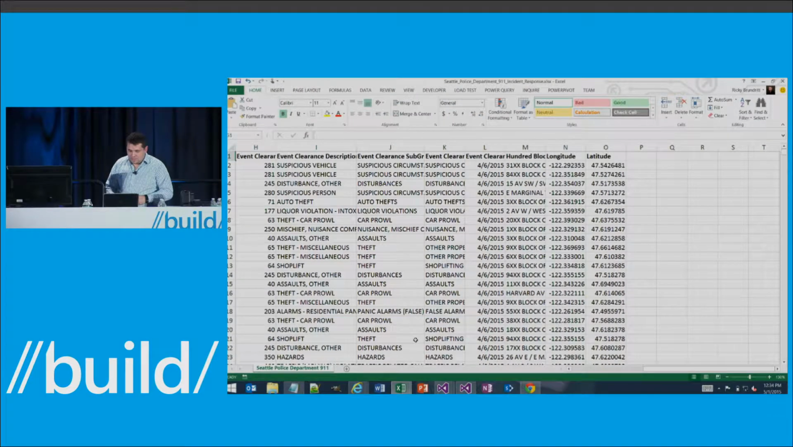So we're going to start off with a bunch of data that I found online. This is the 911 incident reports for Seattle. It's a fairly decent data set. It already has latitude and longitude, which makes things a little bit simpler for me. And so